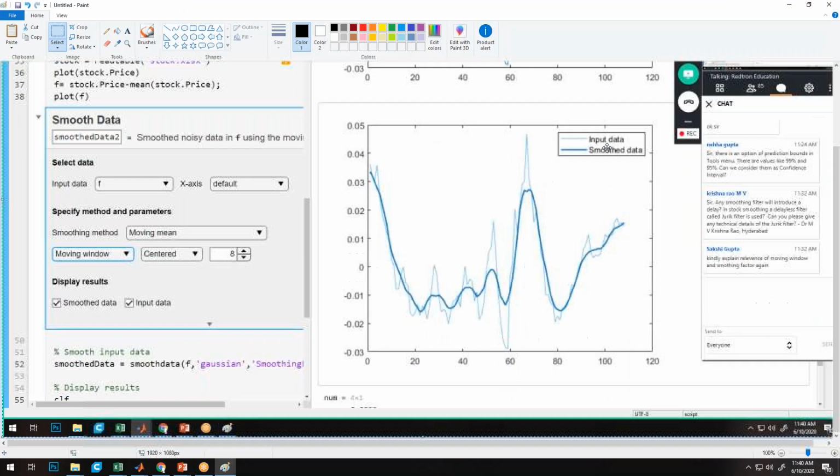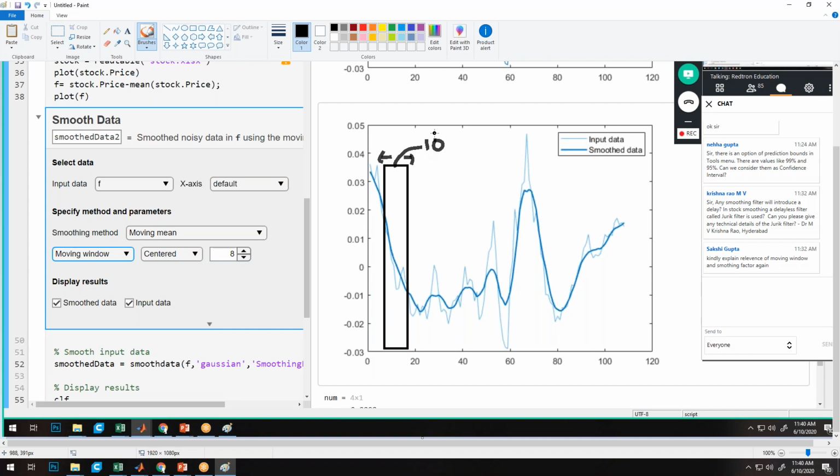So what happens? Say this is my window. The width of this window will be directly proportional to the size I'm giving it. Say suppose it is 10.